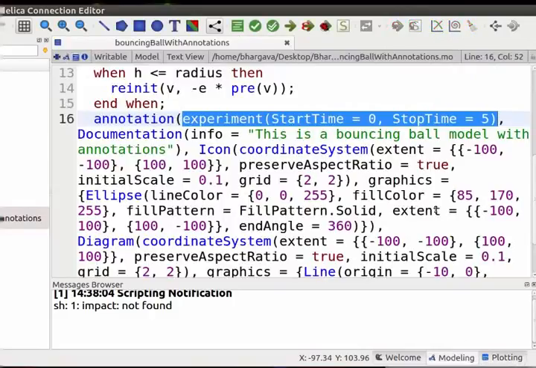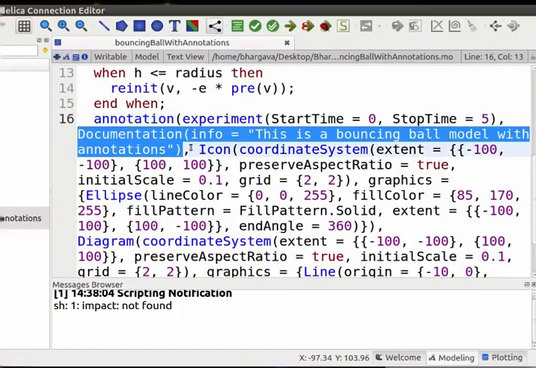Now let us learn more about adding documentation to a model using annotations. The highlighted text appears in documentation annotation. Now let me show an application of documentation annotation. Go to the top left of modeling area.